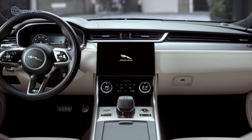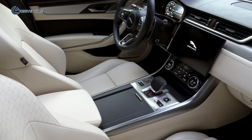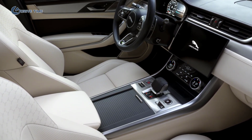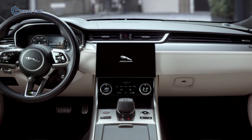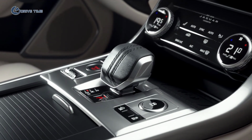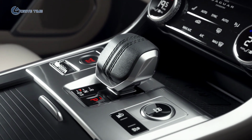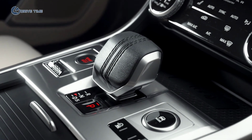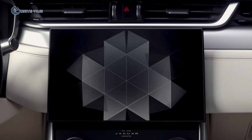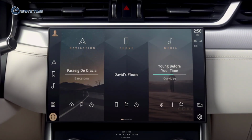Spacious and luxurious, the interior has been completely redesigned. Sumptuous double-stitched soft leather, combined with high-quality finishes, new veneers and chrome accents work in perfect harmony. The all-new drive selector with cricket ball stitching has been ergonomically redesigned to sit perfectly within the palm of your hand. And at the heart of this interior lies the all-new Pivi Pro infotainment system, which features a contemporary 11.4-inch